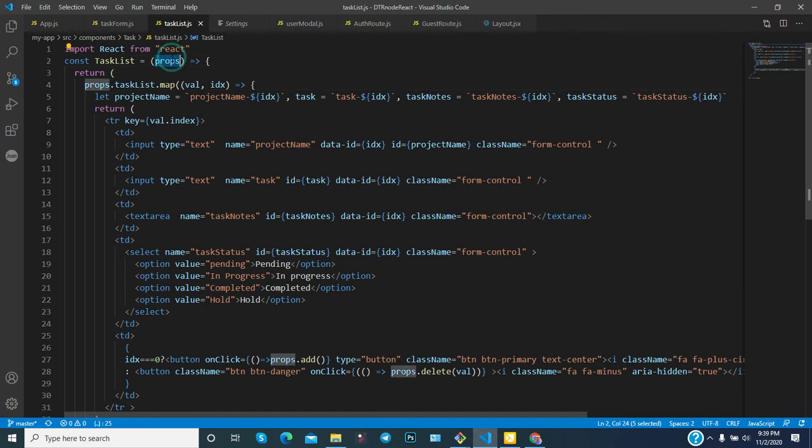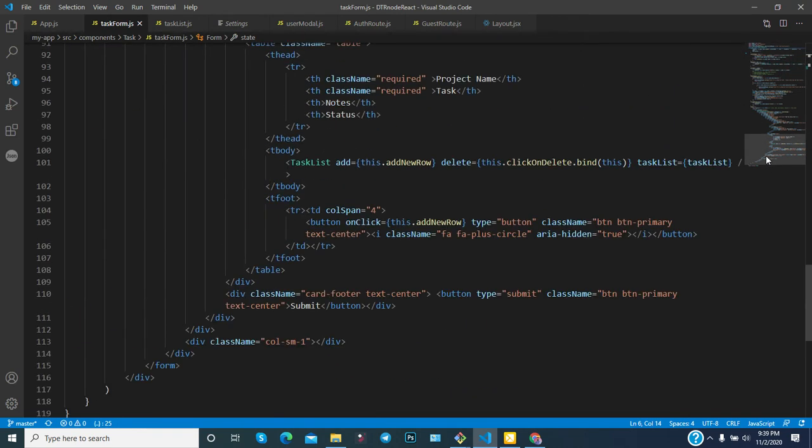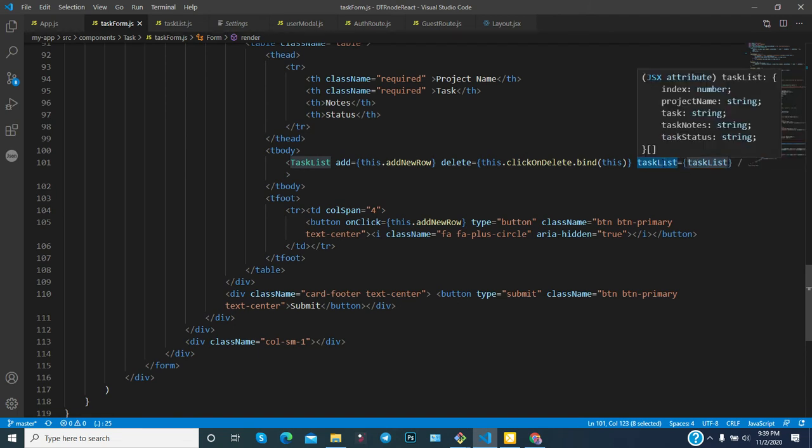Now you pass the data, you pass something as props. So props.tasklist.map. Since you have passed the task list, if you scroll a little bit, you will get this one, this task list. Whatever you have passed, you will get through the task list.